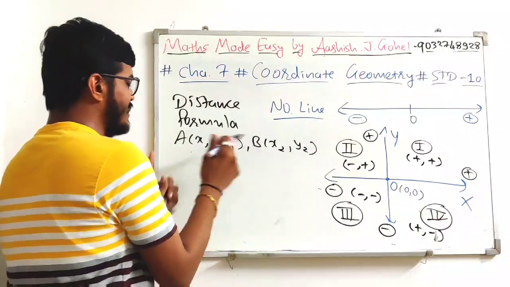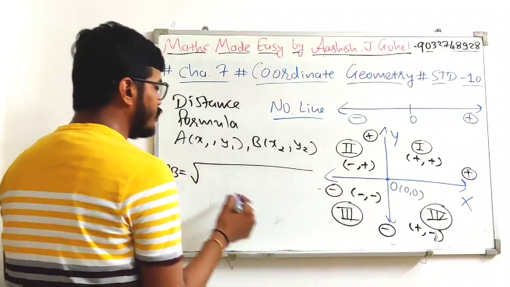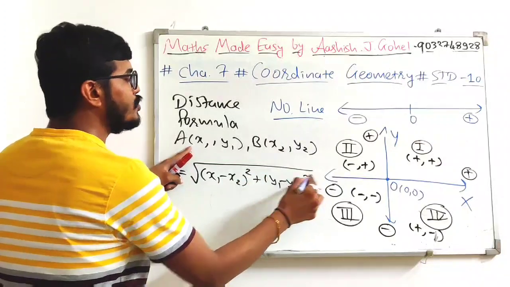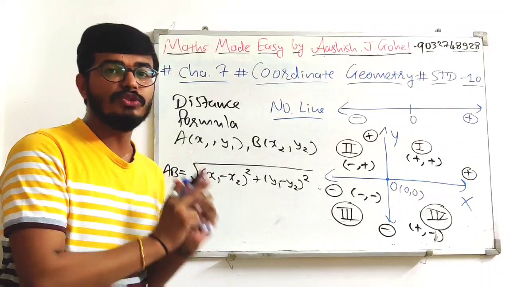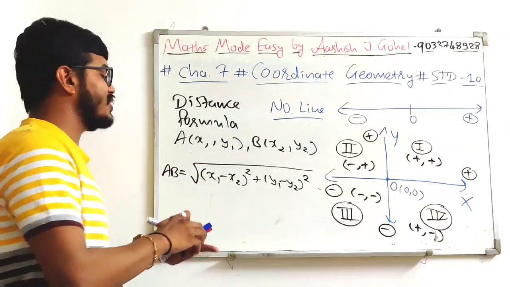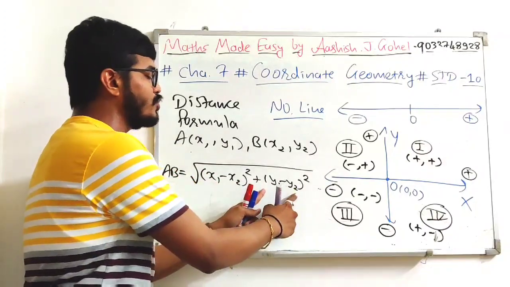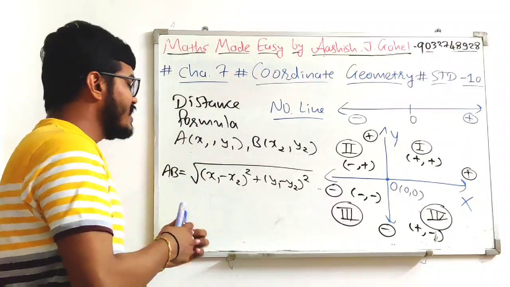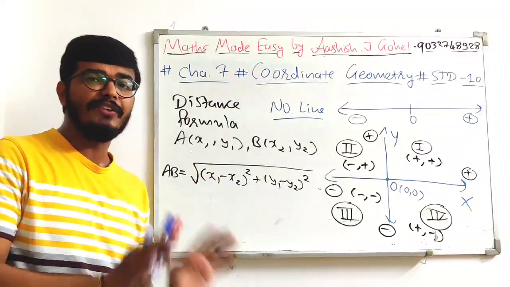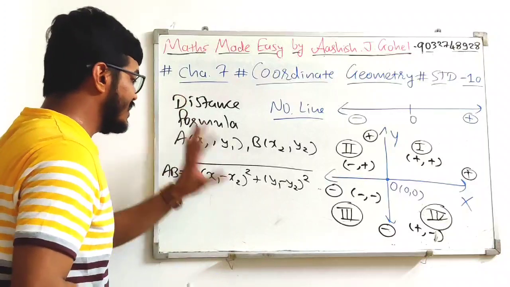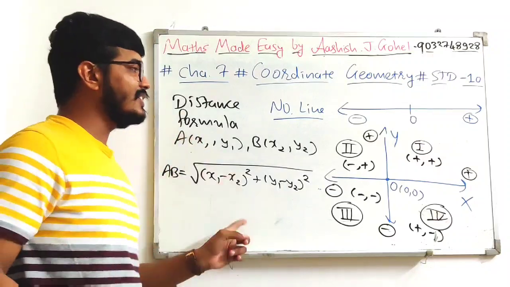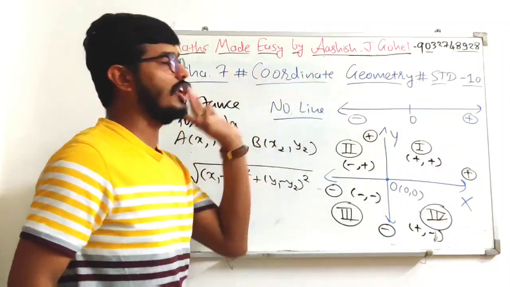if I want to find the distance between these two given points, then AB is equal to the square root of (x1 minus x2) whole square plus (y1 minus y2) whole square. Okay, this is the formula to find the distance between given 2 points. Okay, in some of the books they have written (x2 minus x1) whole square, (y2 minus y1) whole square, but that is also the correct method, because as the square is there, if you change the negative sign inside the bracket, then it will not make any difference. Okay, so this is the distance formula by which we can get the distance between any 2 given points in these 4 quadrants, and that is your coordinate geometry.